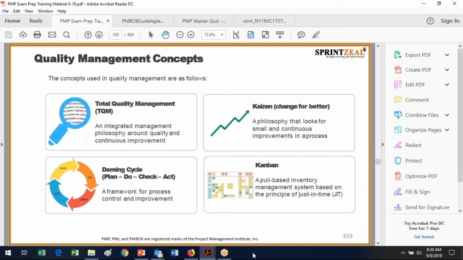Okay. So here are some concepts from the total quality management arena. And again, you won't be tested in depth about these, but the more you know, the easier it is to answer questions and to ferret out the bad answers. So total quality management is an integrated philosophy, and this is continuous improvement. And as I said, PMI has a big push towards continuous improvement.